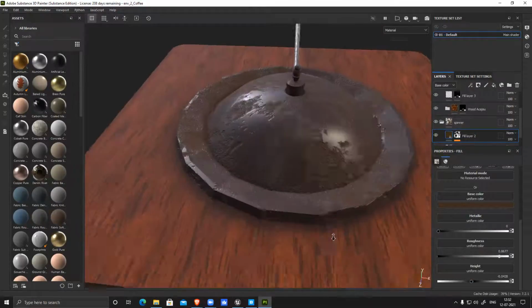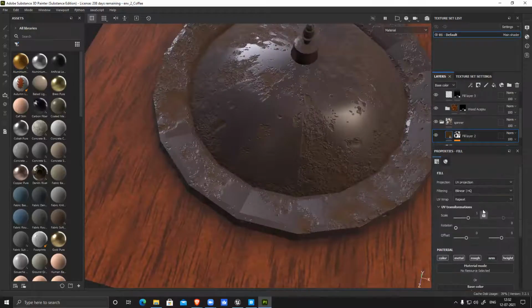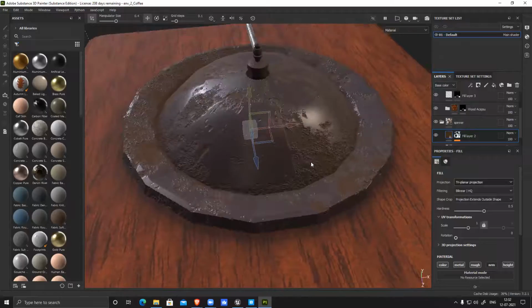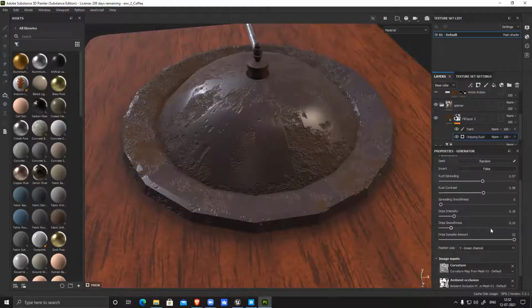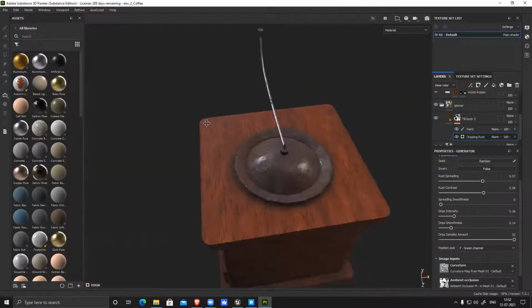And projection, always triplanar. Excuse me, sir. Yes, tell me. What is the difference between all of them, sir? What does triplanar do? Triplanar basically projects the texture from three directions. Tri means three, planar means plane, right? Yes, sir. It basically projects the texture from three directions.